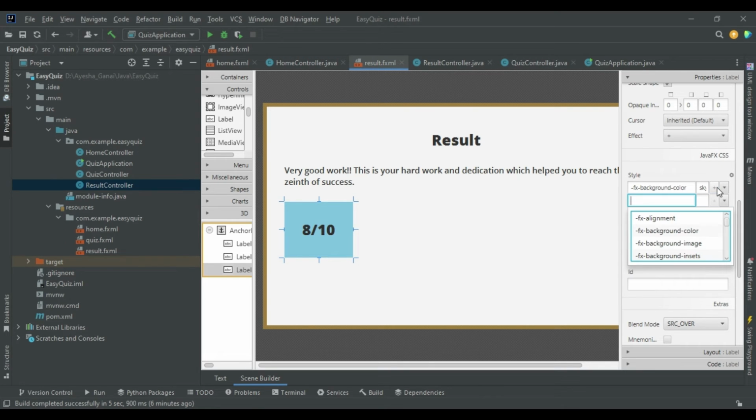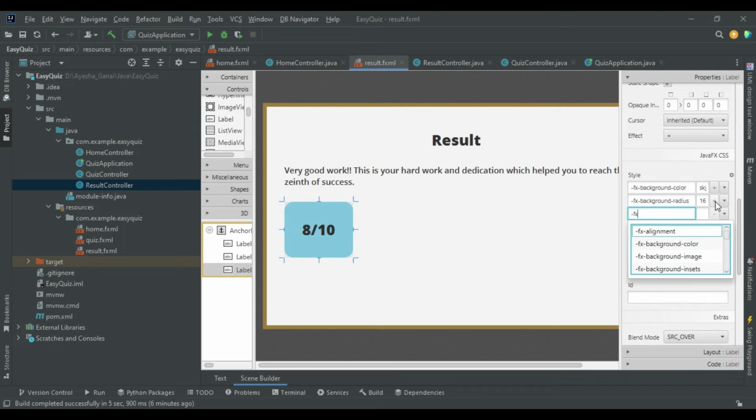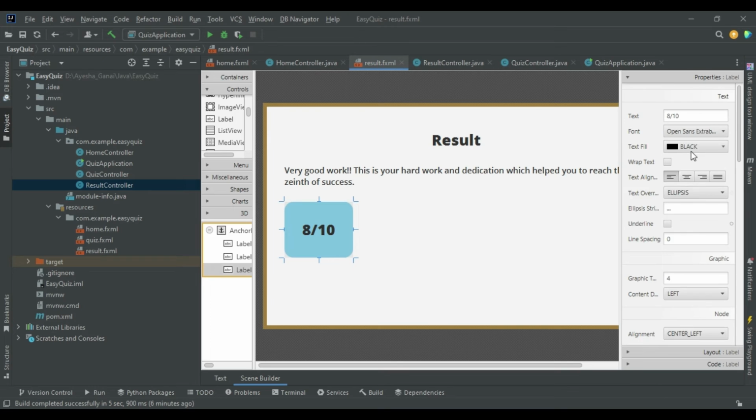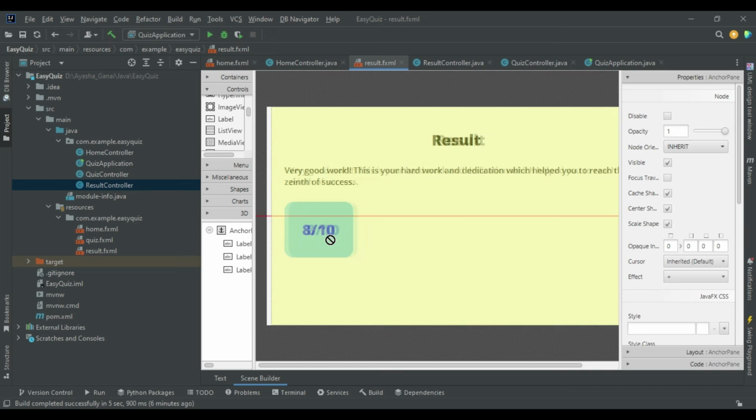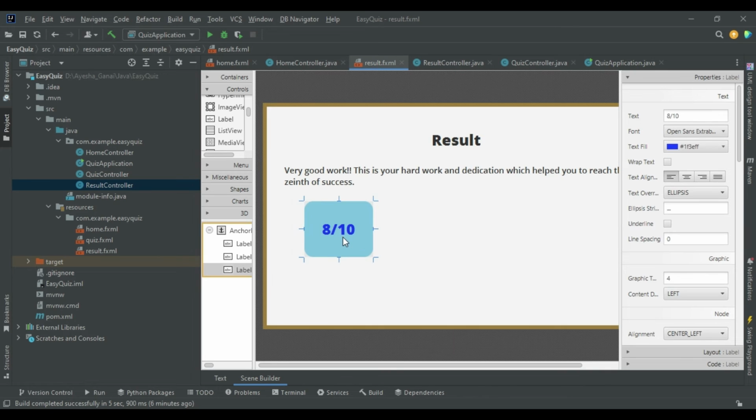The background color would be sky blue, and again I want to round the corners. Now this is our label. Below this I want to again write